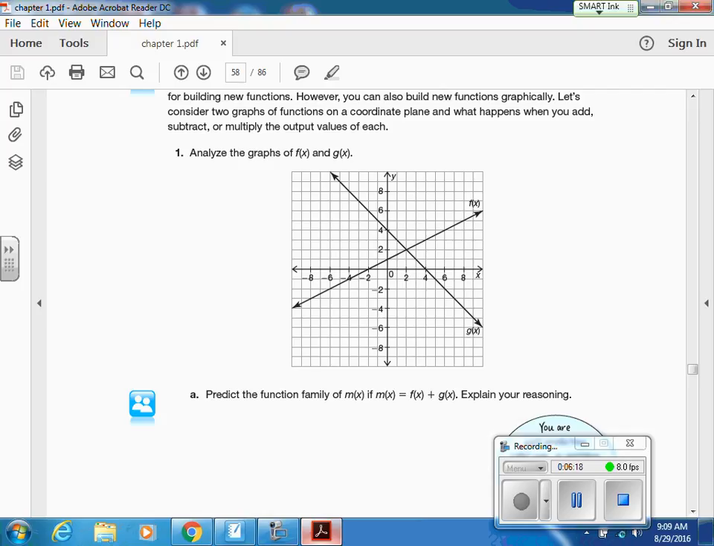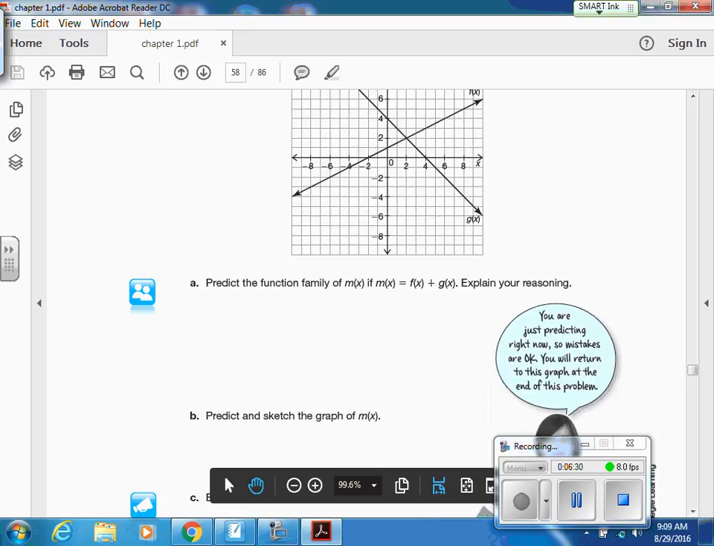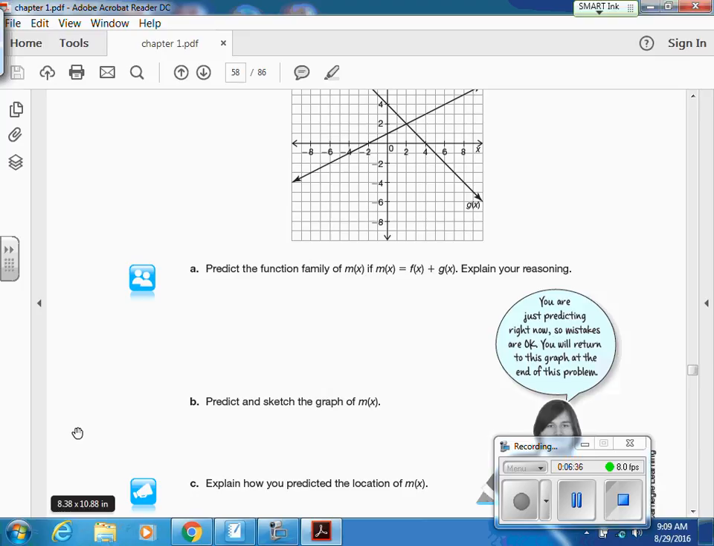Alright, let's just try it. Let's just see what it is. Okay? We are going to add these two functions by their graph. Okay? Actually, look. You just forget the